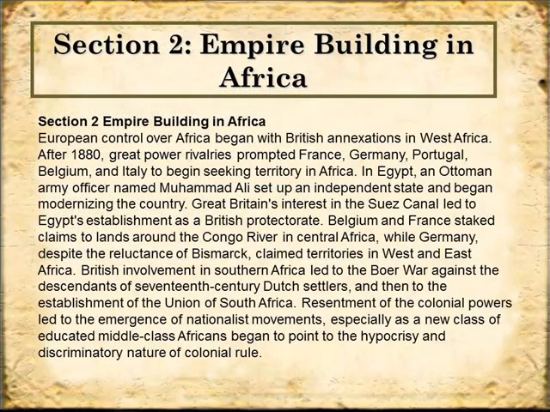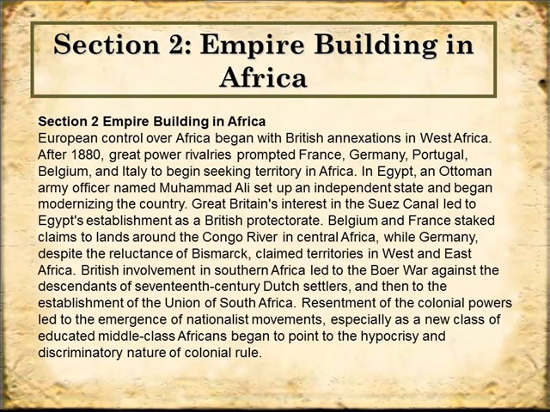We're going to move on to Section 2, Empire Building in Africa. European control over Africa began with the British annexations in West Africa. After 1880, great power rivalries prompted France, Germany, Portugal, and even the tiny country of Belgium and Italy to begin seeking territory in Africa. In Egypt, an Ottoman army officer named Muhammad Ali set up an independent state and began